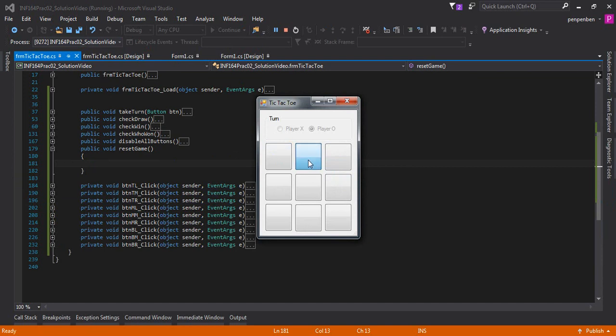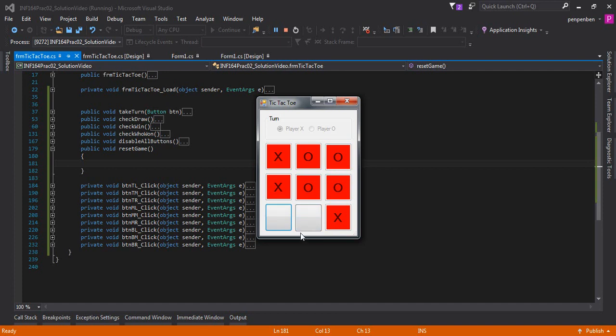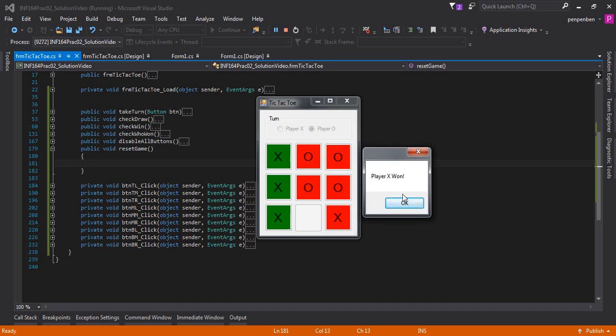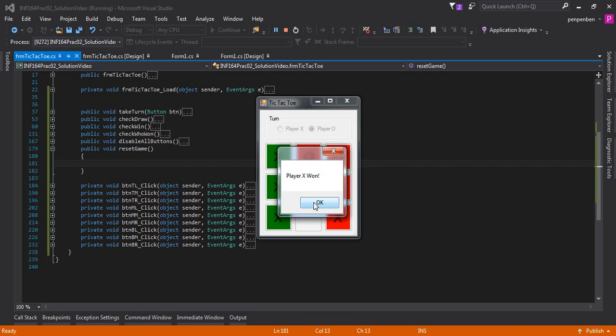Okay, so player 0 starts. Player X, 0, X, 0. I'm gonna try win on the exact last click. X. Whoops, I'm not gonna actually manage. Second last click is good enough. Okay, it tells me where I won, who won, and